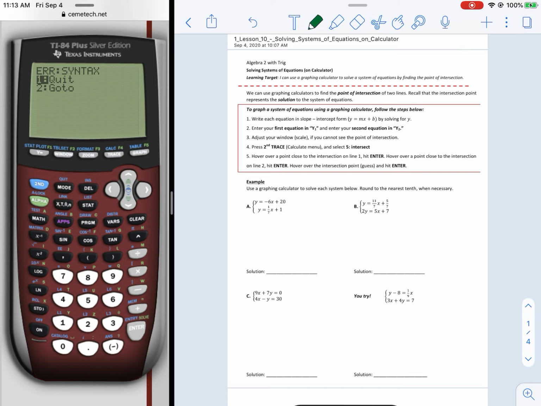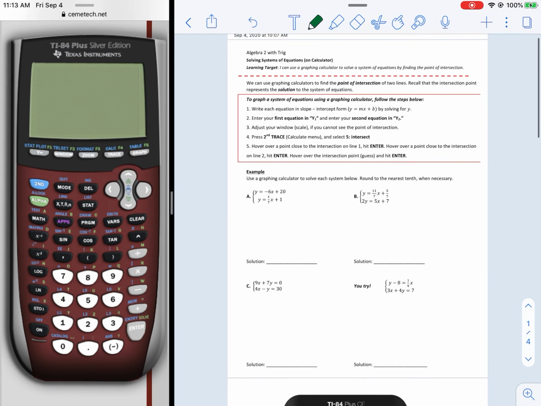I just wanted to give you a chance to learn a little bit more about the graphing calculator at your own pace. I know I only got through one of these problems today, so I wanted to go ahead and review how to use your calculator. So, just to review the first problem that I did in class with you today, okay,